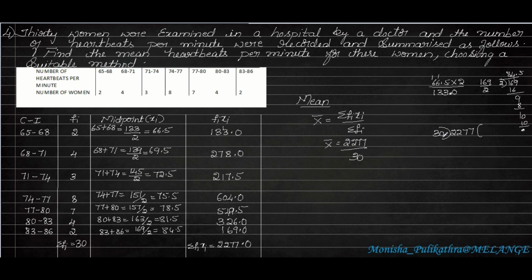So here 30 into 7, 3 7s are 21, so 30 into 7 is 210. Okay. So you will get 17, which is a lower number. So you have to take this. So 3 5s are 15, so 30 into 5 is 150, 27. If you put a point, put a 0 here. So 3 9s are 27. So 30 into 9 is 270. Okay. So the answer for the mean is 75.9. So this is the mean answer.